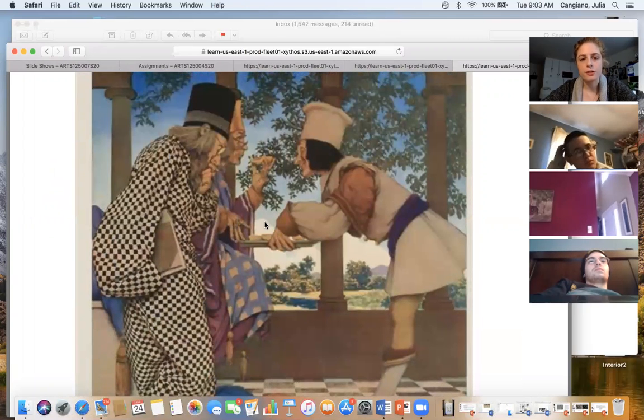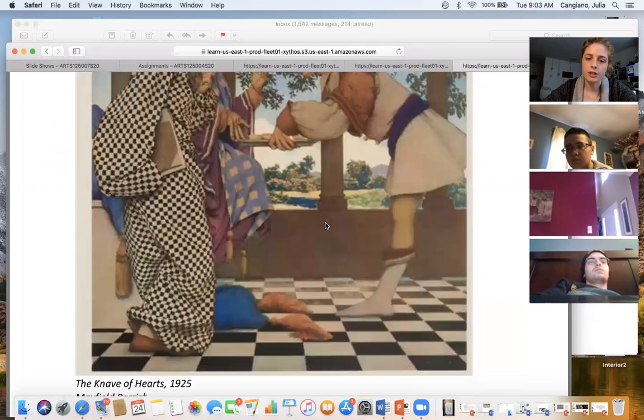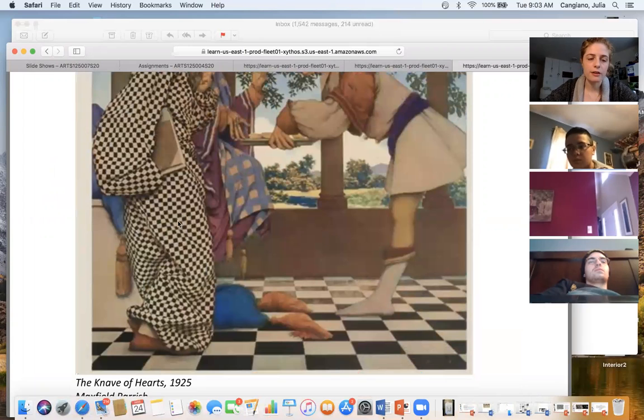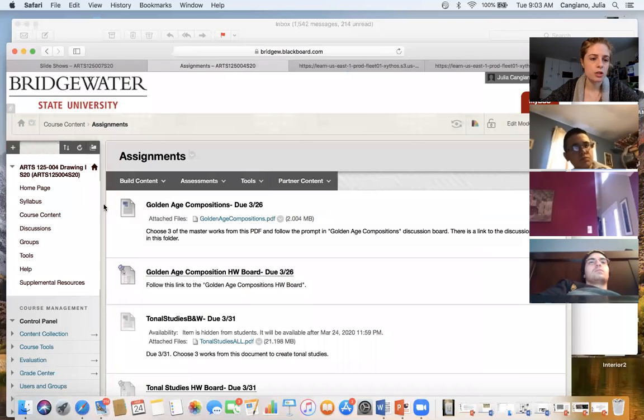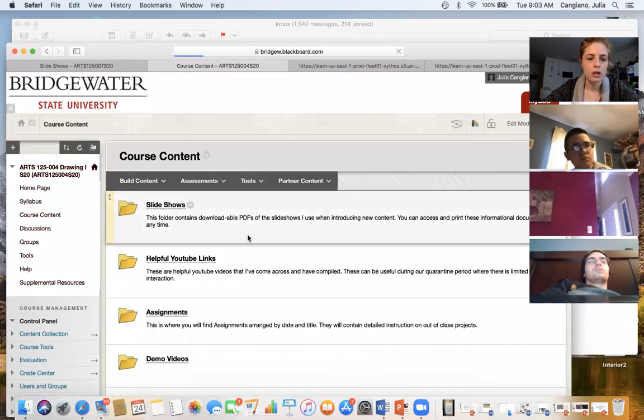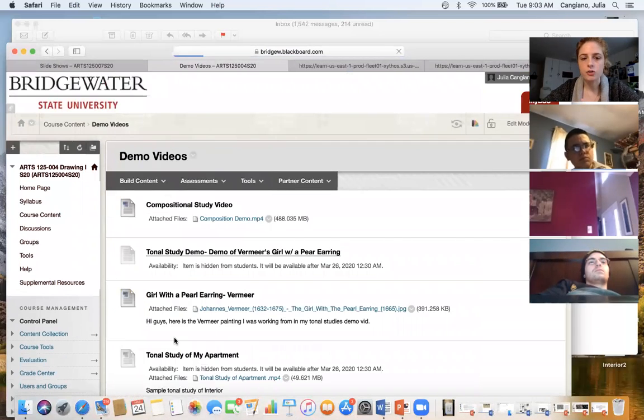If I were to draw this one right here, I would draw a couple shapes that looked vaguely human, and then I would start to notice what they were doing. Okay, they're using this pattern to keep us really interested. They're using the floor to show depth or direction. It's sort of like an analysis, like a chart. If you're still confused, you can go right into this demo video where I do exactly what I want you to do for homework. You just click on that video.